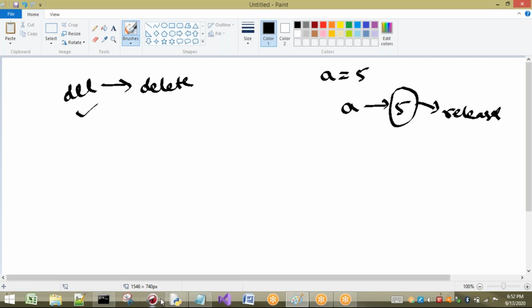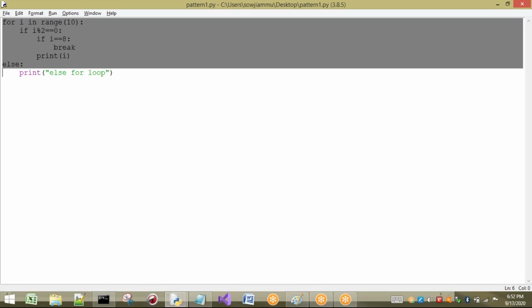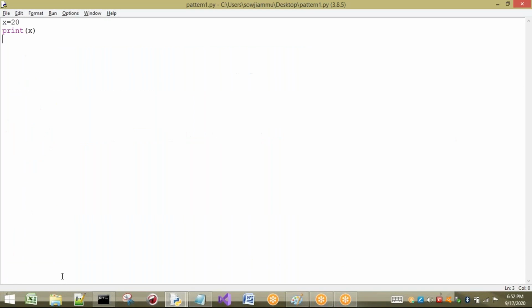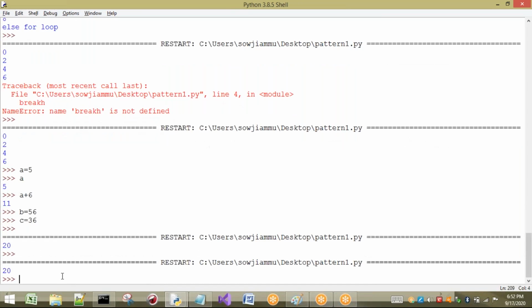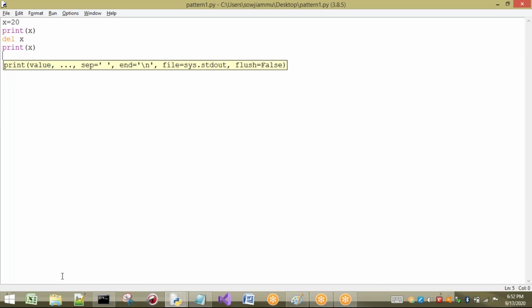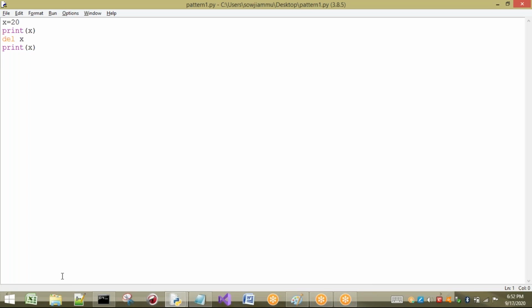Let me show you a small example of how to apply that. I will take one variable x equal to 20 and print x. Now I will execute this program. You can observe that the x value is printed. Now the usage of x is completed and I don't want x now, so just remove it with del x. Now what happens if I execute this? It will print 20, and then x is going to be deleted. Sir, is it really deleted? Let us see. Print of x. Here it knows what x means because x is present here, so the x value will be printed as 20.